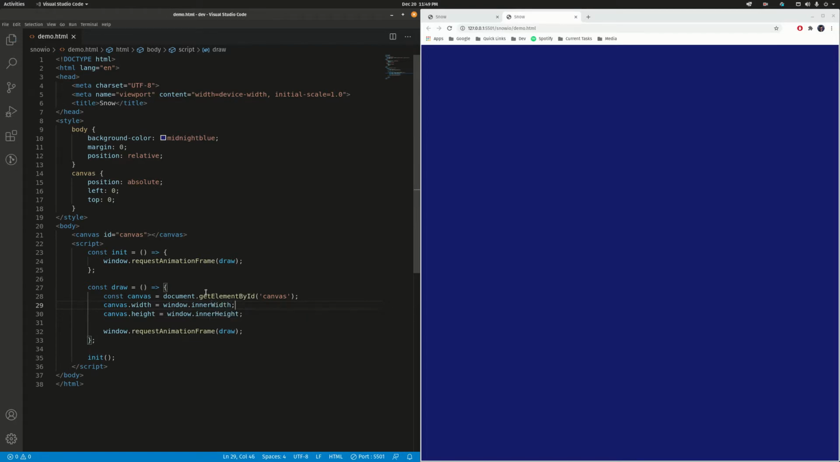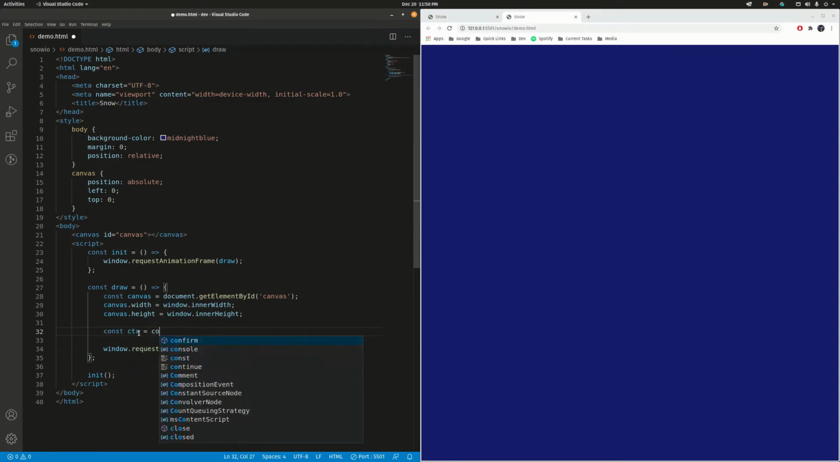inner width. Now you could initialize this outside of the draw method, which would actually be better, and use an onResize event to dynamically do it, but for simplicity's sake, we're just going to constantly get these values. So even if you resize the window, it'll be what you want it to be. So next up, we grab our canvas context. So canvas.context